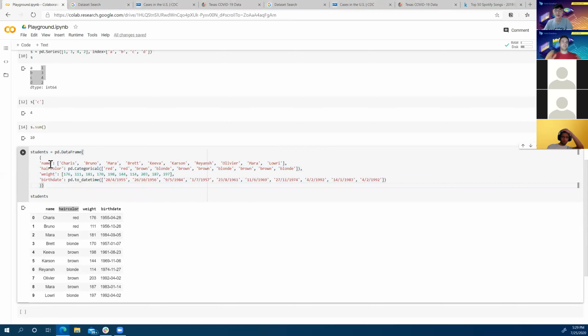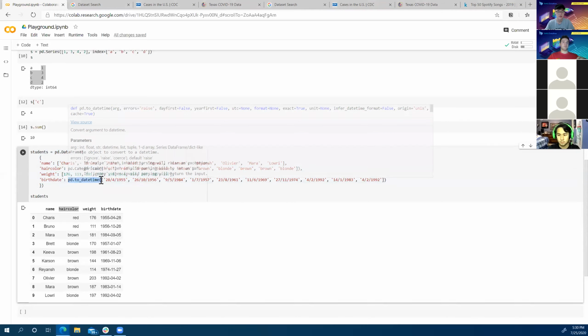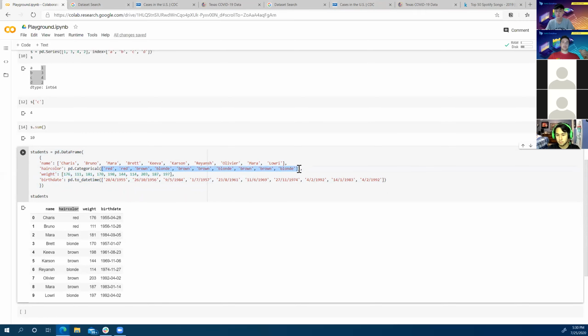Awesome. So we've got the data frame, we've got the names of the columns, and then we have what the column contains. Here we have two special types of constructors, pd.Categorical and pd.to_datetime, which are embedded in this. What they tell pandas to do is interpret this list as a categorical type. So these aren't just strings. They're actually treated like categorical elements.